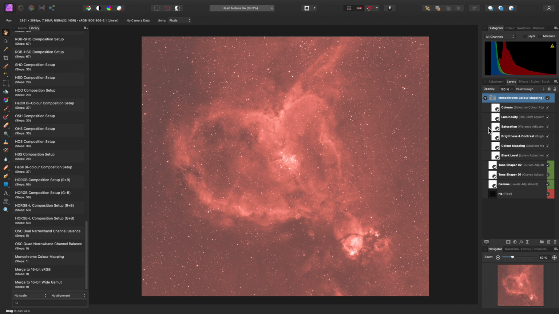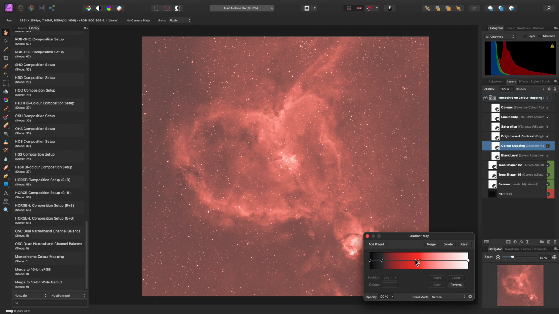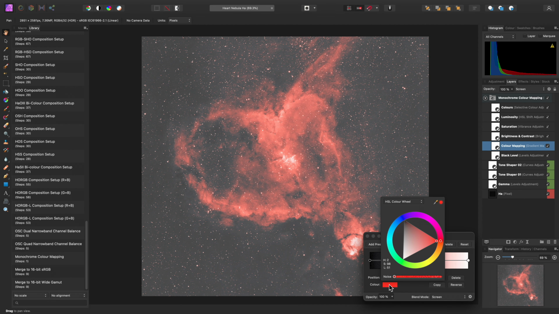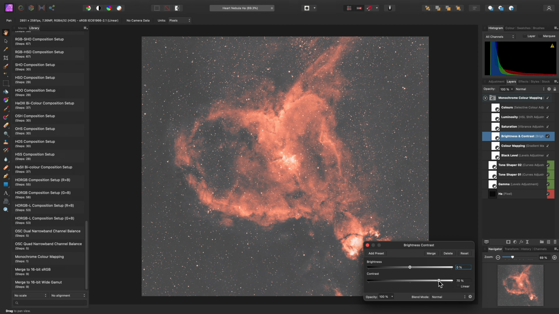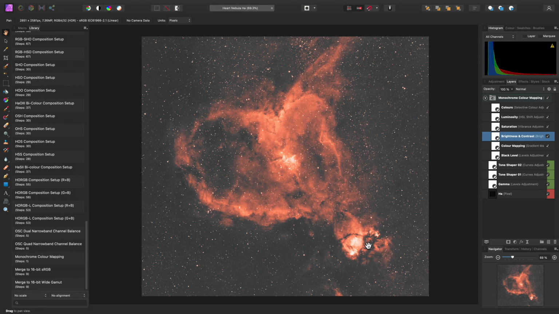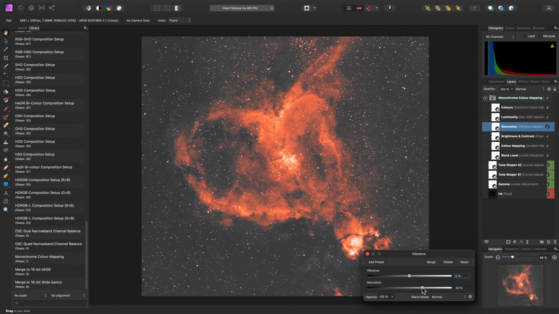Within the group here, you will find the color mapping layer. Double-click this to access the gradient map dialog. Then you can change the balance of the gradient stops to suit your imagery. You can, of course, change the main object color if you want to as well. The result can be modified further with the rest of the adjustments here, such as brightness and contrast, saturation,